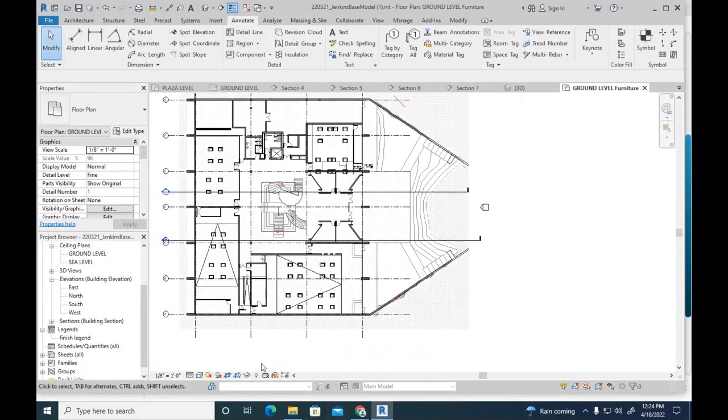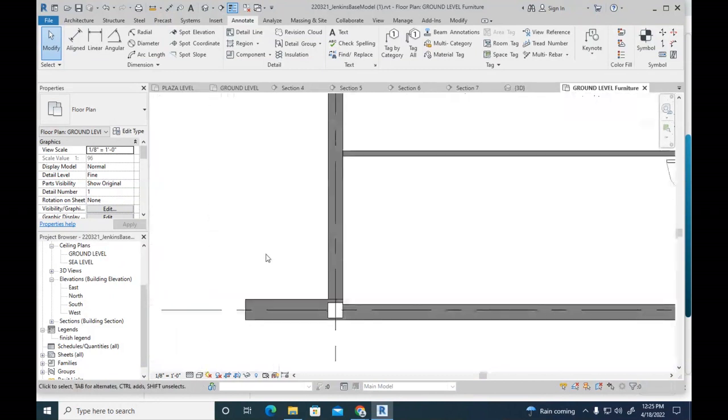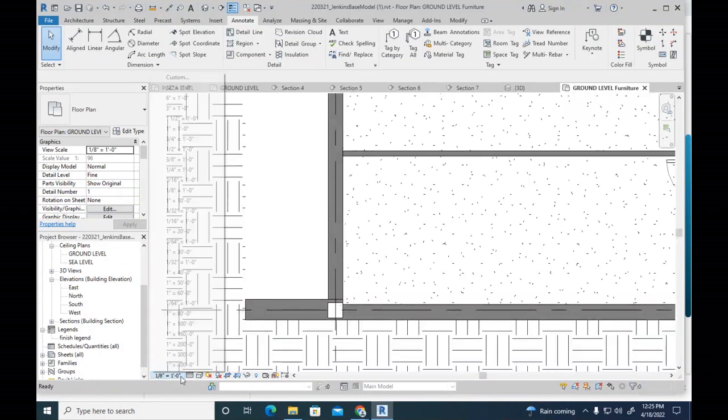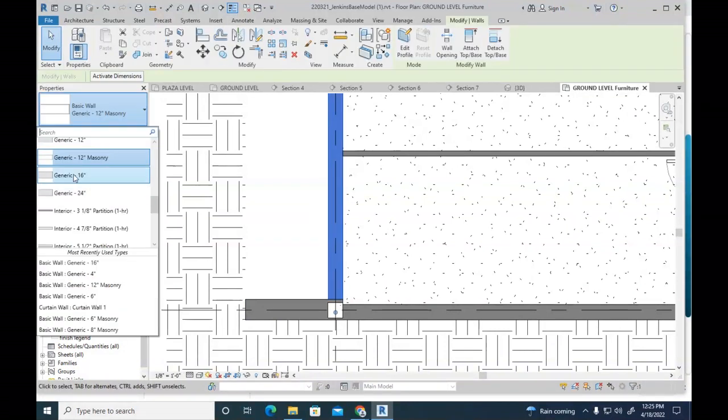Trying to think if there's anything else I wanted to go over down here. This is your visibility toolbar. So over here it has the scale, detail level. So I almost always just work with detail level fine. But if I were to put this to, for example, if this wall were modeled more accurately and it were really